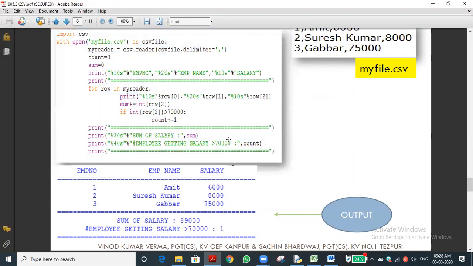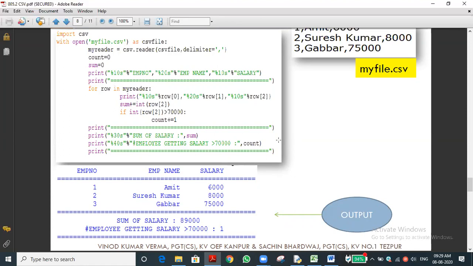Yes, sir. This is a different way, but if you are doing the same thing in a binary file or text file, it is a little bit difficult. We can do it, but we want to arrange all those things. We need to use the seek function and set the pointer at the required position, then do that operation. It's a little bit difficult, but in the CSV file, we can do it just like that.